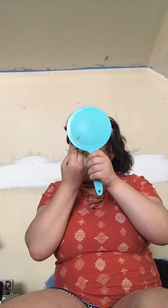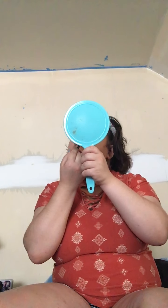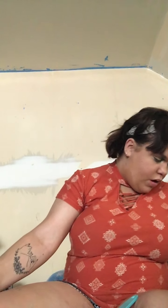This left eye is giving me some problems. I guess this is going to be a 4-color scheme because I forgot I'm making a smoky eye underneath. I don't know what color the smoky eye is going to be. Okay, that touched my eyebrow. That's okay. I can work with that. Tap that in there. Sorry. I'm sure my comments have to sound weird since you can't see what I'm doing. But I just finished up my Mystic Ice. Not an ideal way to clean your brush, but that's all I got right now. That also goes in there, and so does that. Okay, and I think for the outside of my eye,